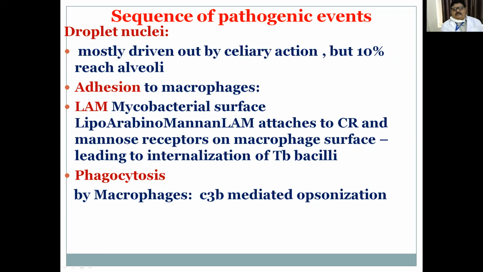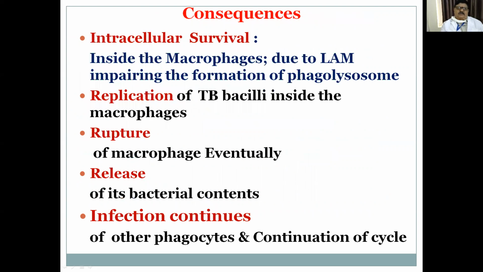But still, at 10%, they reach alveoli. And in addition to macrophages and phagocytosis, the C3b mediated opsonization. So these are important. And coming to the consequences,